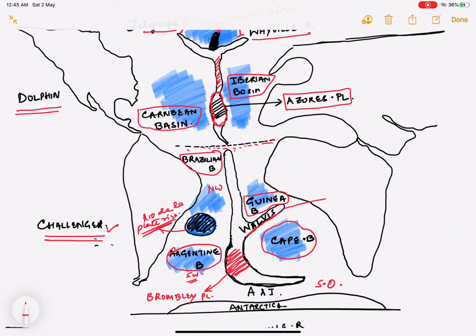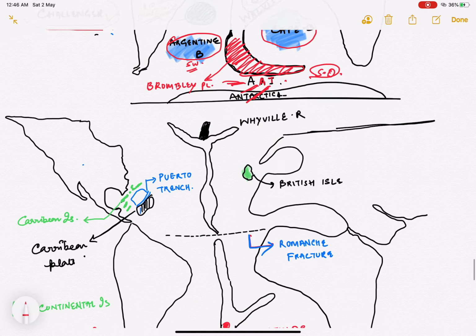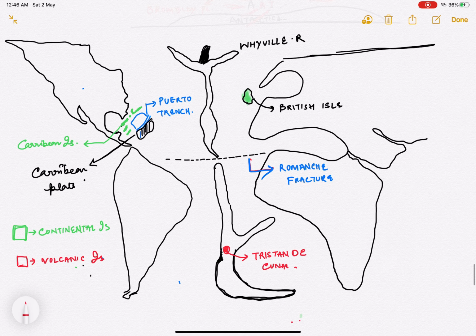The extension of this entire Challenger Ridge is up to your Atlantic or the Southern Ocean, and hence it means towards the Indian Ocean, and this is called AAI, that is your Atlantic Arctic Indian Ocean Ridge. This ridge is called the Atlantic Arctic Indian Ocean Ridge. I hope you get this clearly. Next, again we'll discuss what else do we have.